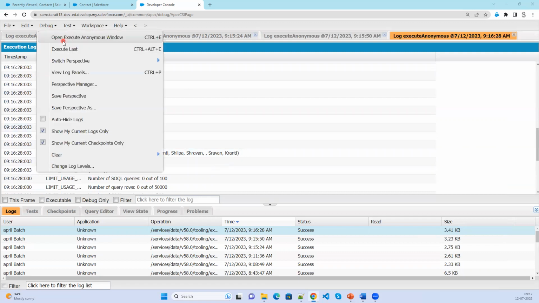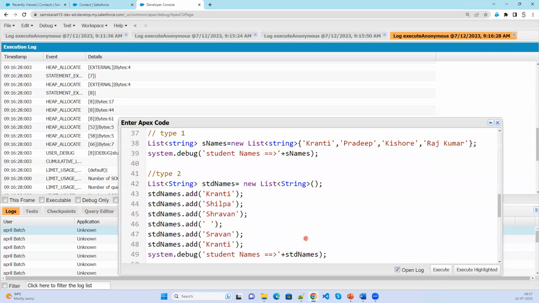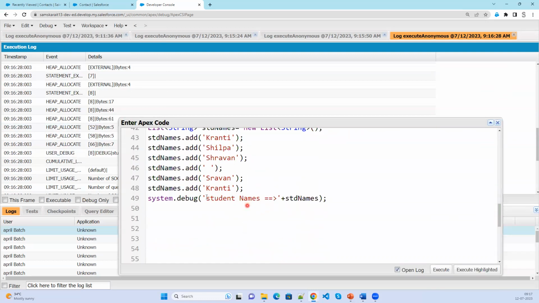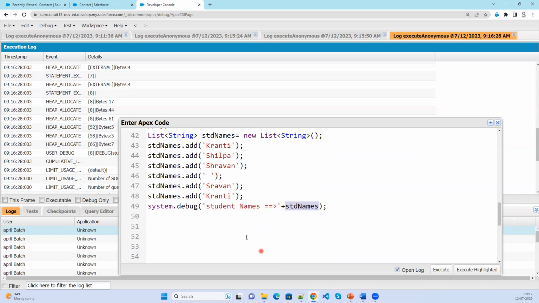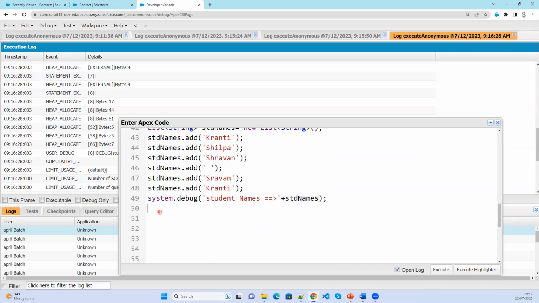Then later, if you wanted to add again, after writing some 100 lines of code, you want to add one more value. That means here the list is declared, and the student names is storing these values. After this, you wanted to add one more value. Now this time